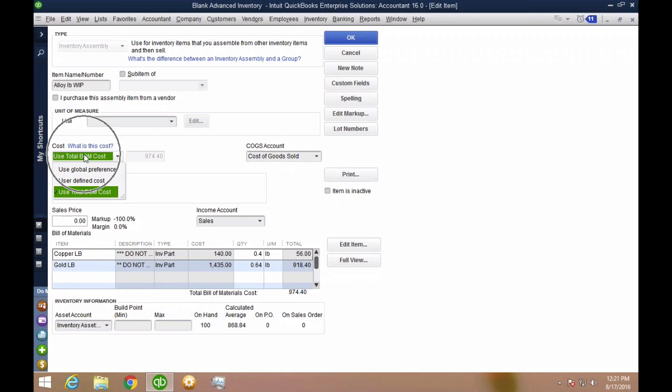Now up here where it says cost, it gives you three options. One says global preference, which basically means it goes back into a preference in the edit menu somewhere, which we'll discuss in a second. There's user-defined cost, where I actually tell it manually how much I think my cost for this alloy is, and that's the actual cost that's going to be included on the next assembly that we create. Or we can pick what I think is the best choice, total BOM cost, which basically grays out the screen